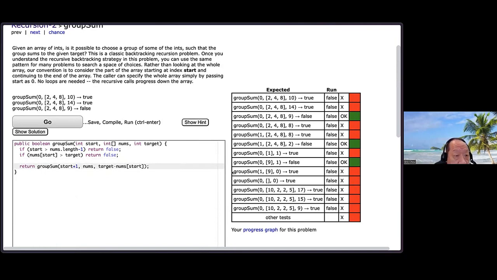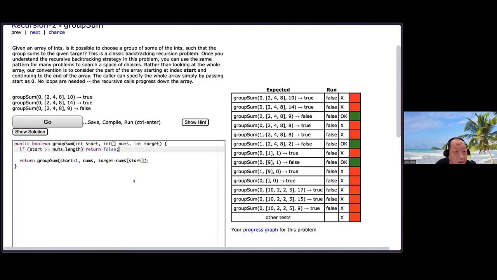First one, you start greater or equal to nums length. That means that your index is out of bound, then you will return false. Second one, you don't need it. Okay, I'm sorry. This one you return... No, this one you return